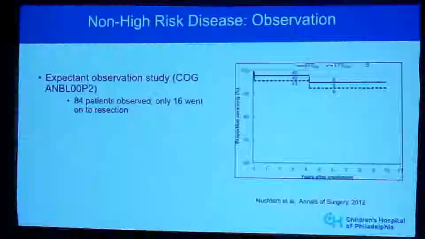So rather than intervening surgically in young patients, perinatally diagnosed patients with small adrenal primaries, they allowed these patients to be watched quite closely. And they looked at 84 patients, only 16 of whom went on ultimately to surgical resection, in many cases due to parental anxiety or treating team anxiety more than actual clinical phenomena. But the majority of the patients did not undergo resection of these small tumors. They got watched, and they did extremely well. And you can see that